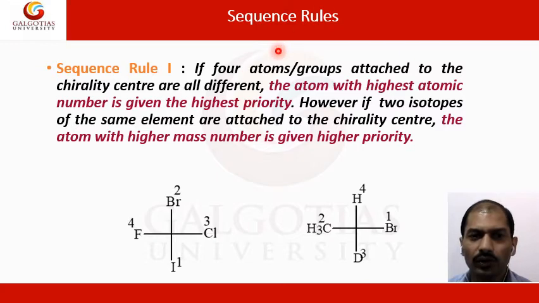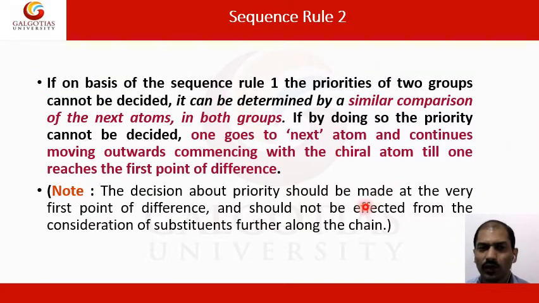Now if you see in more detail, the sequence can be seen here. If iodine has the highest atomic number, you will put 1, and then bromine will be 2, then 3 and 4. In case of this, this one has priority 1, this will be 2, the methyl group, deuterium will obviously be 3, and this hydrogen will be 4. So according to that we have to mention the sequence as well.